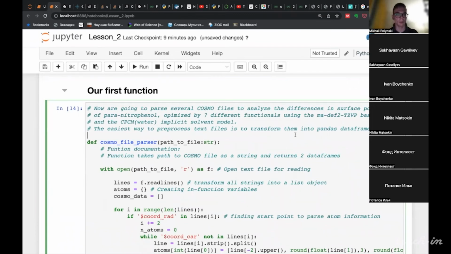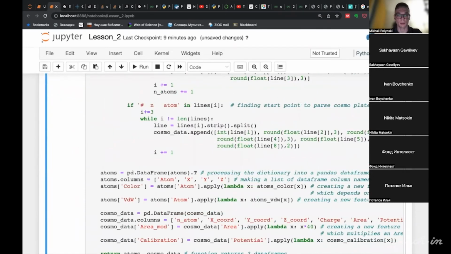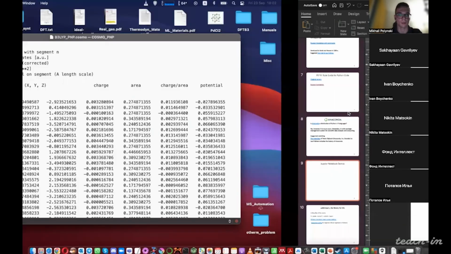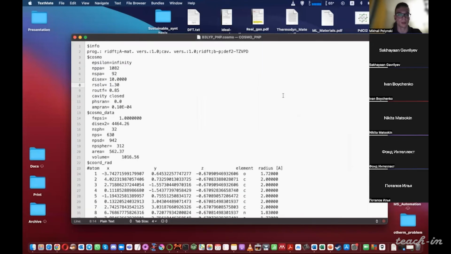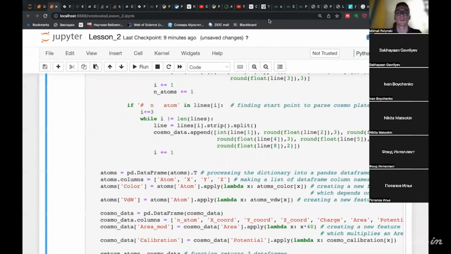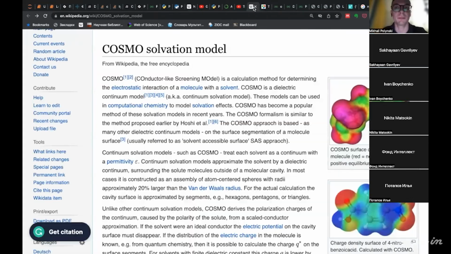So here I provide you with a complex function that is used for parsing the file I've also sent you. So here we have a file that encodes a COSMO surface. Basically we have no need to get into the details of COSMO surfaces.